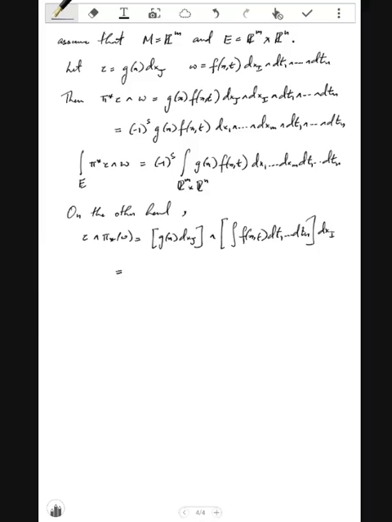So once again, if I intersection J is non-empty, then this is 0. Otherwise it is -1 to the s times integral g of x f of x t dt_1 ... dt_n times dx_1 wedge ... dx_m,